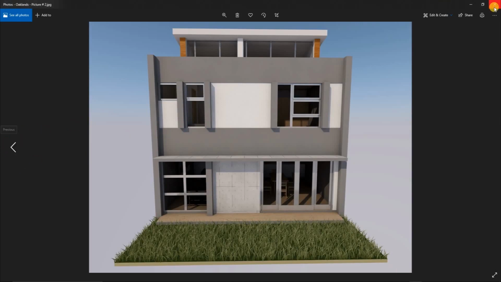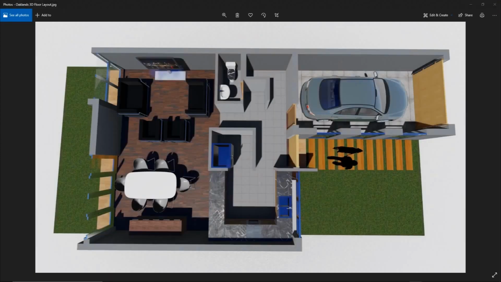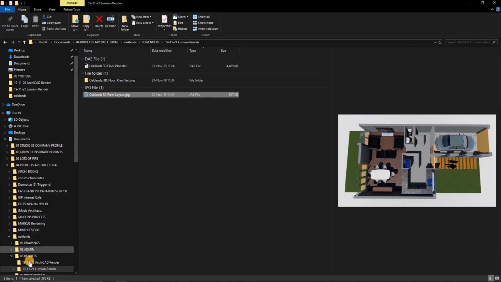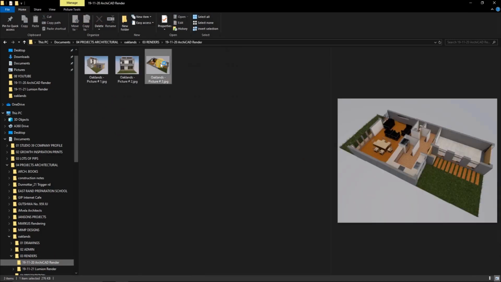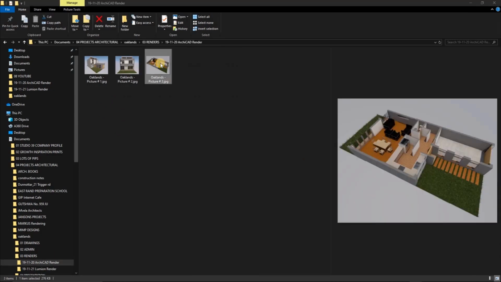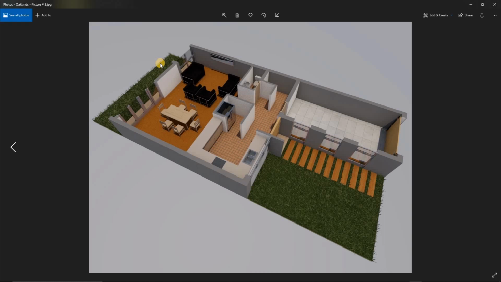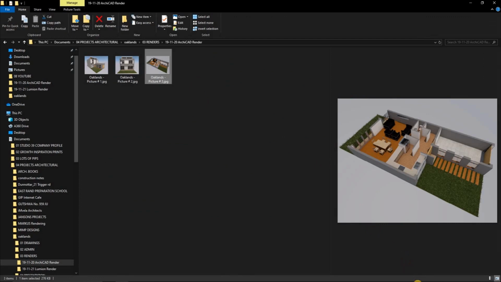The difference between the two, the ArchiCAD and the Lumion one, is quite well defined, as you can see. Not much beautiful texture on ArchiCAD, but a lot more texture when it comes to